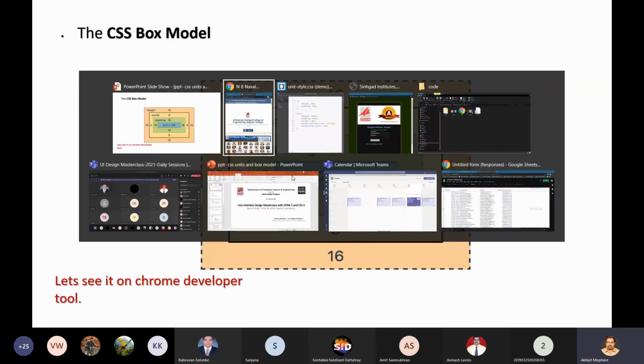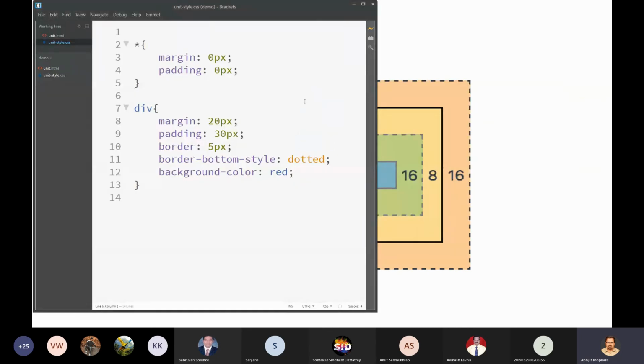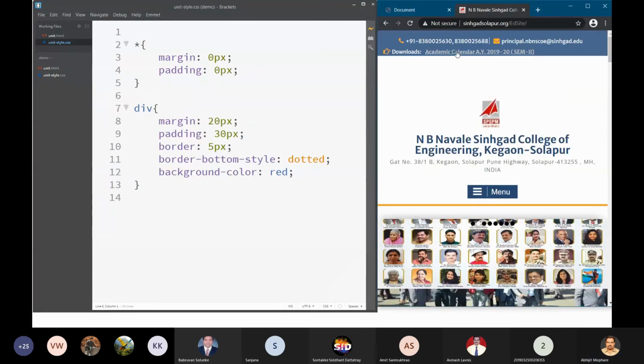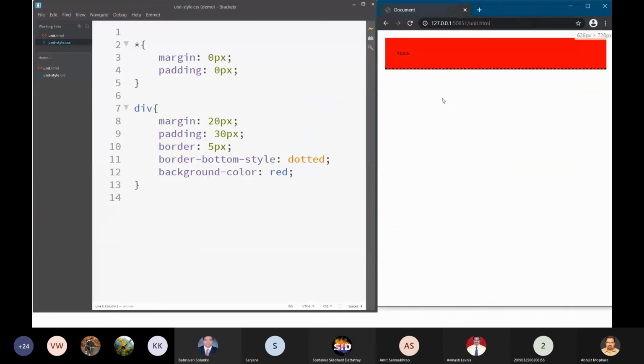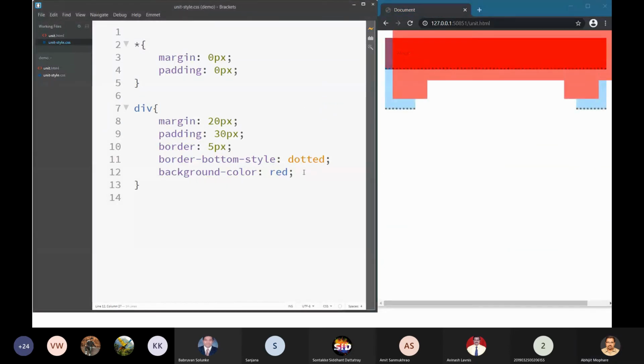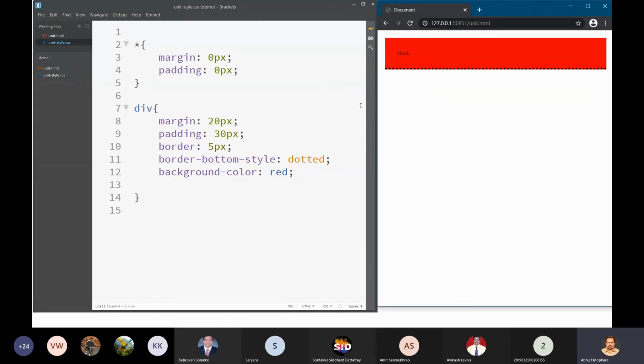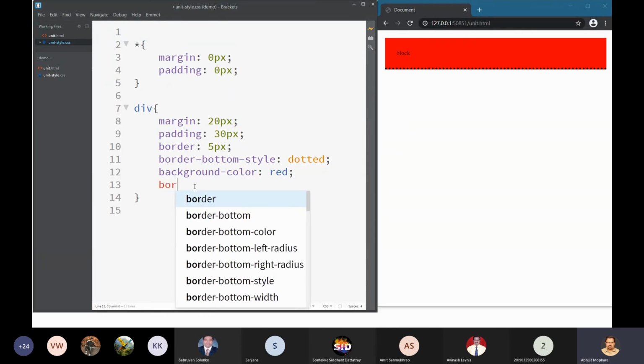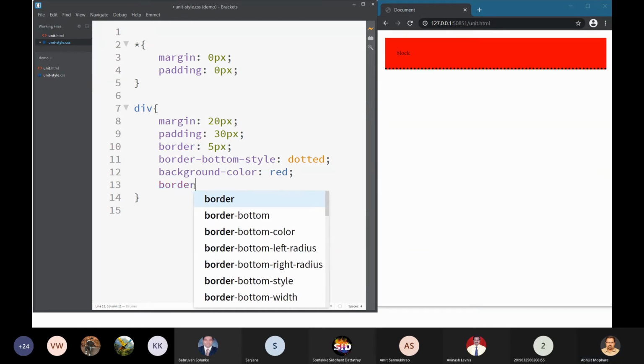One more thing I will demonstrate. Now, sir, what if I want to display this red rectangle in a circular fashion? For that you only have to change the border radius.